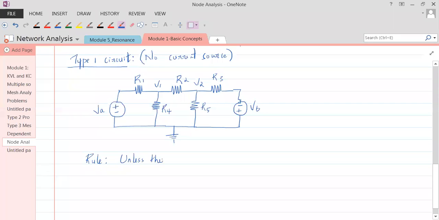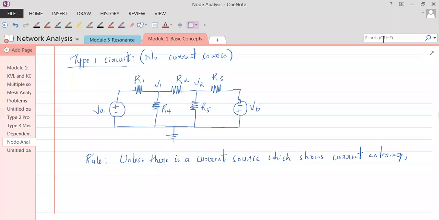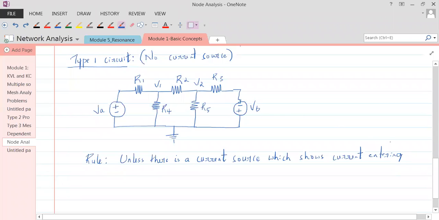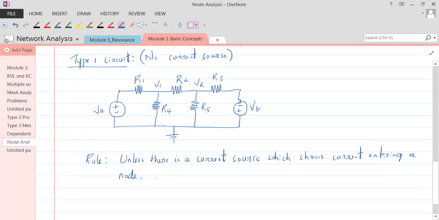Unless there is a current source. Everybody understand? Unless there is a current source which shows current entering a node, we should say a node. Entering the node. We consider